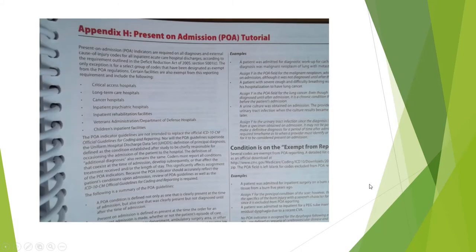The next thing I want to talk about is Appendix H in your codebook, the Present on Admission tutorial. Be sure you go through that. I'm not going to take the time on this slide to go through it. I will be reviewing it in general, but for you to understand the importance of that, a Present on Admission